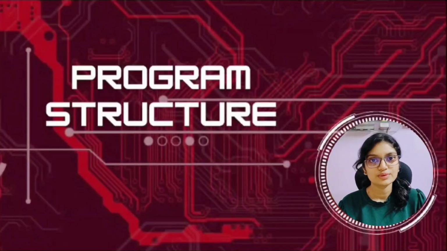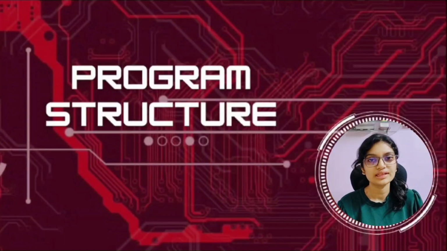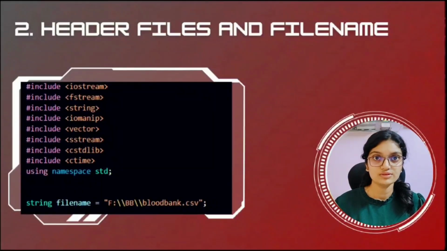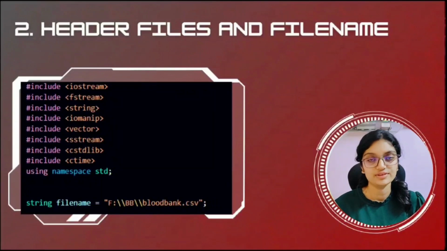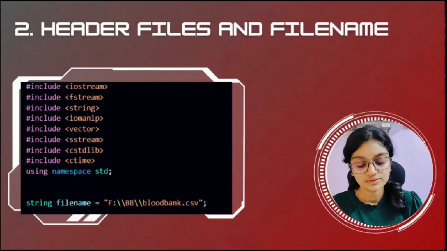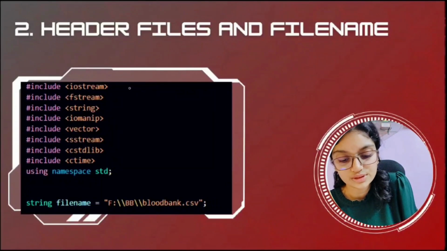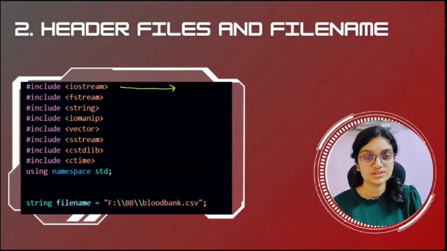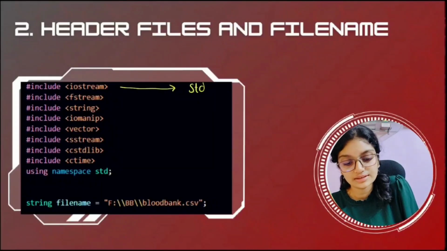Let us now move on to understand the program structure. I have divided the code in a number of code blocks for us to understand it clearly. In this slide, we will be discussing the purpose of including a number of header files and their specific use in our program. So the first header file is include iostream. This mainly gives us access to the input-output streams such as std::cin